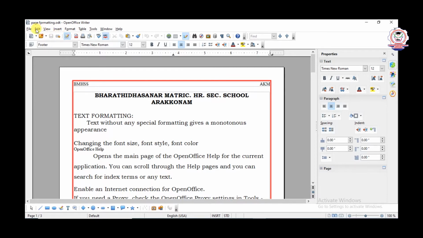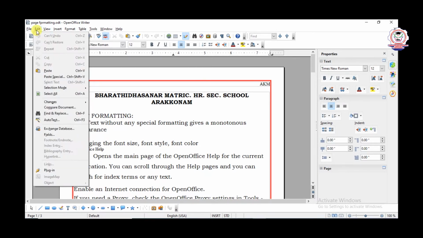We have a menu. What is that menu? Edit menu. Click Edit and the Find option. Edit, find and replace, or you can use the shortcut Control plus F.